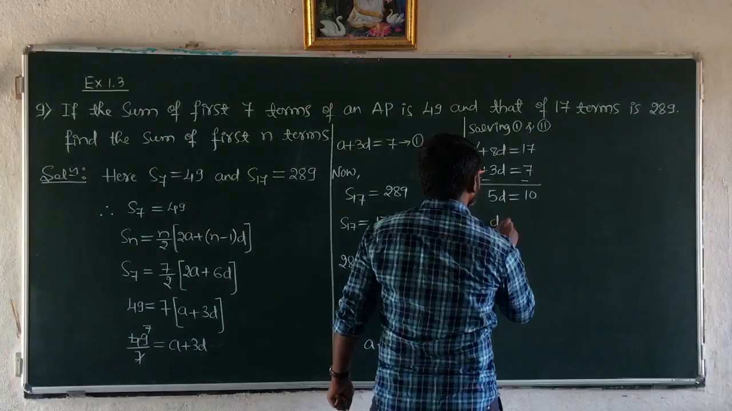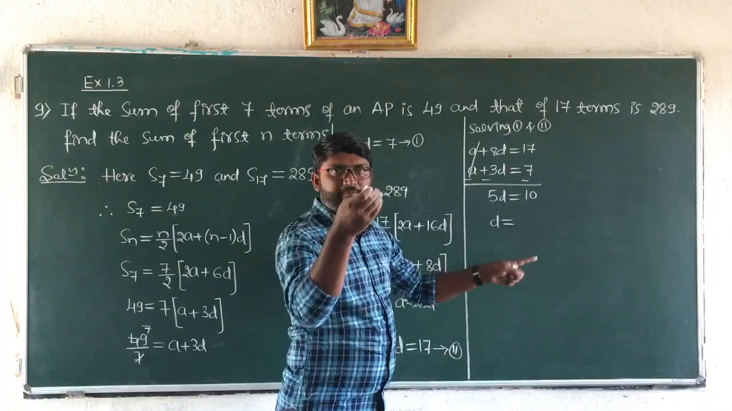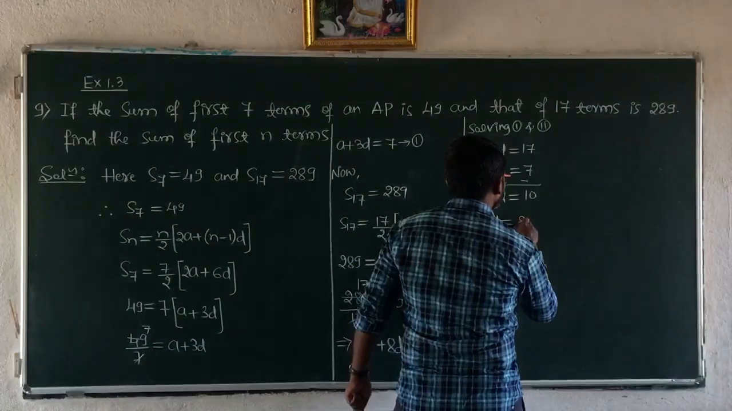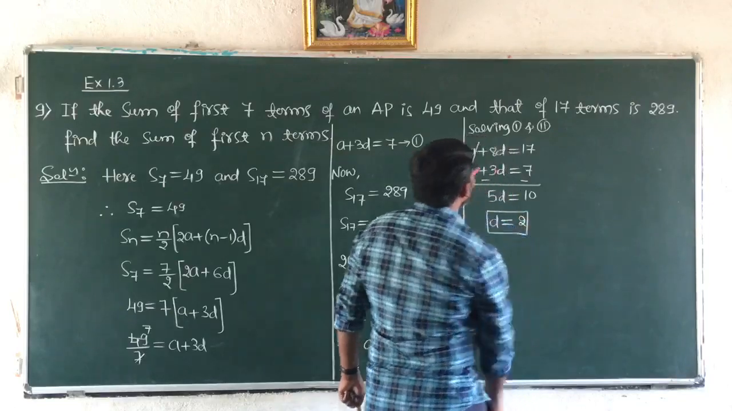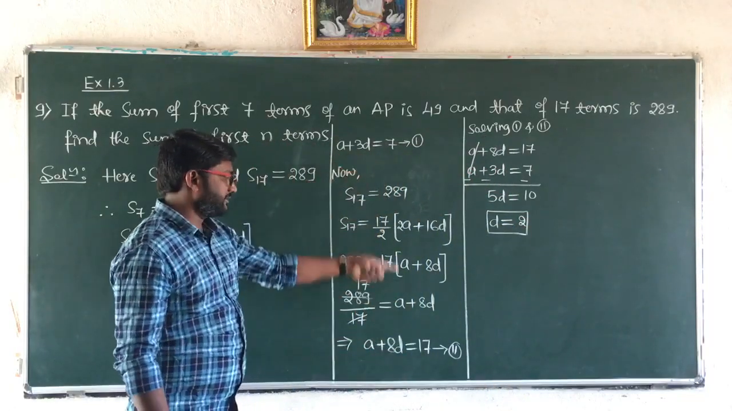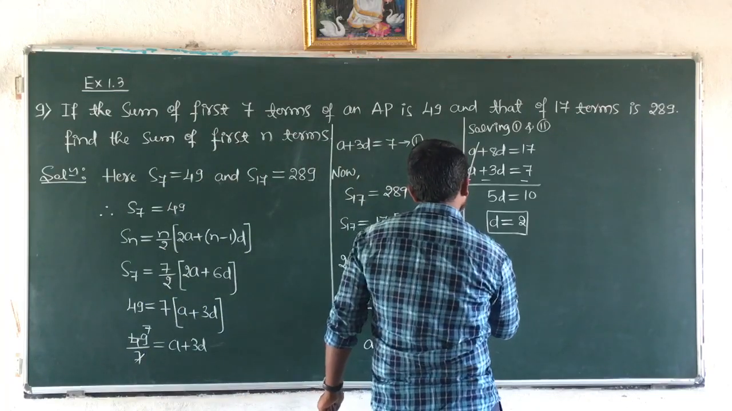Then d is equal to, so 5 take it to the RHS, it goes to the denominator. 10 by 5 is 2. The value of d we got is 2. Then substitute this value in equation 1 or equation 2, and we get the value of a. So I take up equation 1. Put d equal to 2